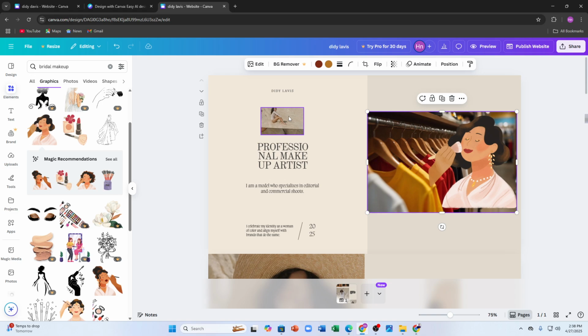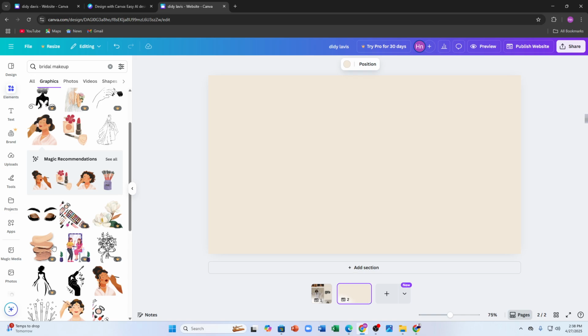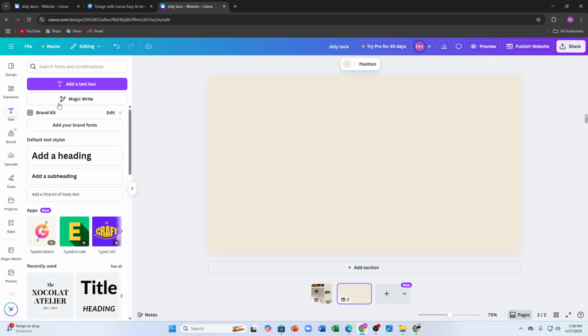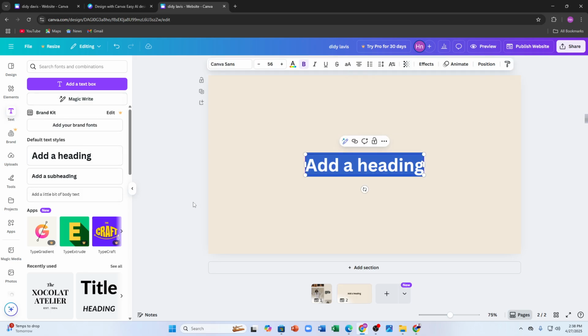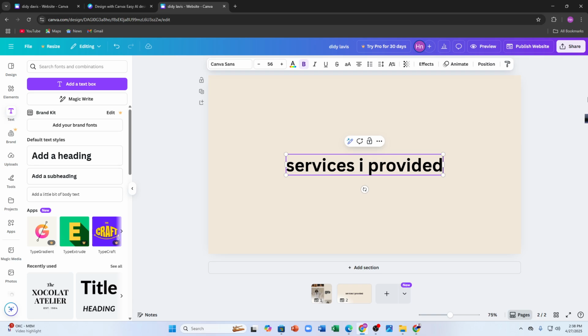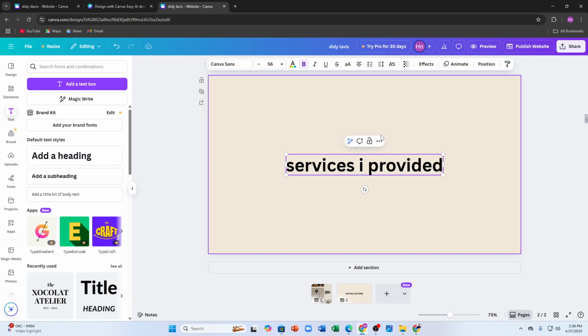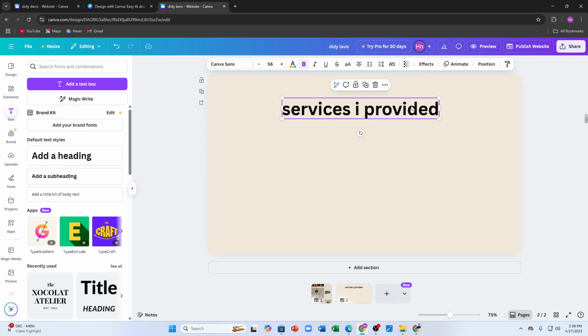Now let's say I want separate service pages. So here's how: you have to tap onto this plus icon, which is basically the add pages option. You just have to tap onto it, click add page, go into text and add a heading here. Tap onto it, add a heading, type services I provide, like this. And if you want to edit it, you can also customize it a little bit, then just place it perfectly. And below that I will be adding some subheadings like this: